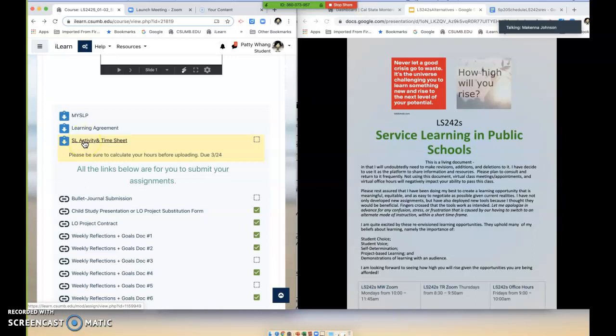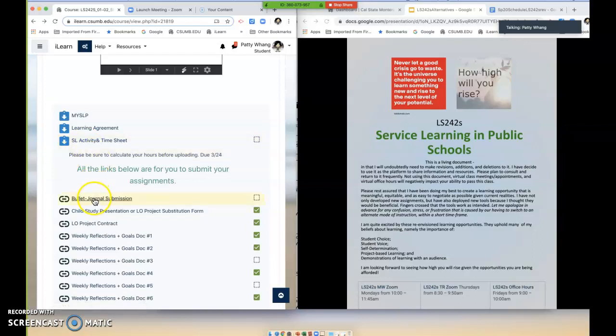Yeah. I had a question about the timesheet. What if we have a signature on the very bottom, but not individual days? Should I contact our teacher? No, that'll be fine. Again, more latitude given the situation. Okay. Any other questions about service learning?